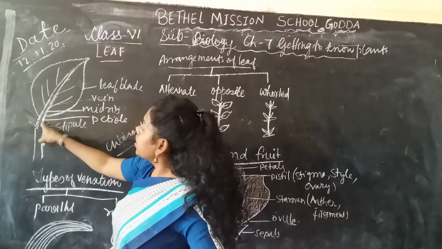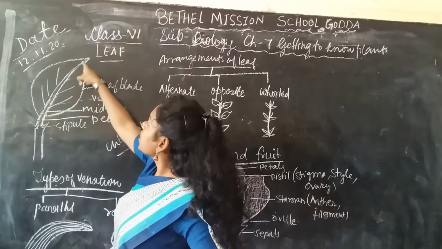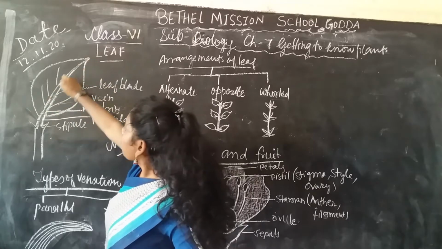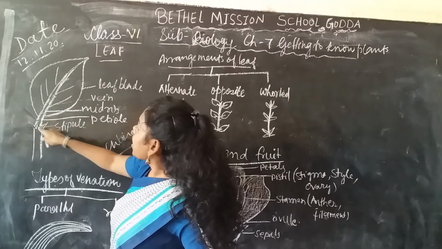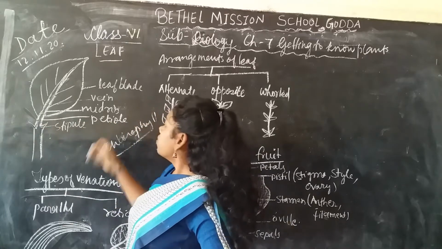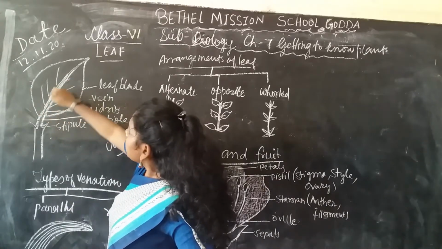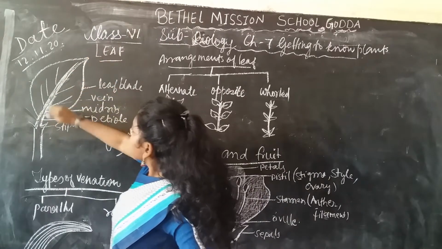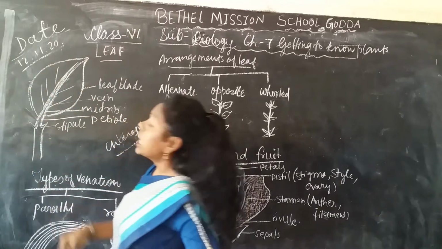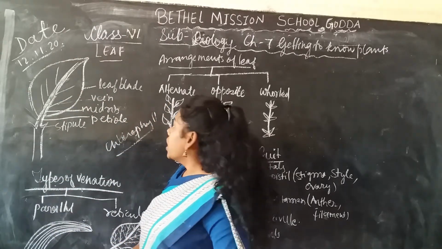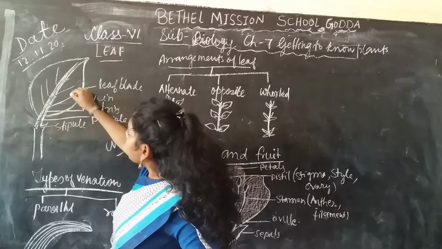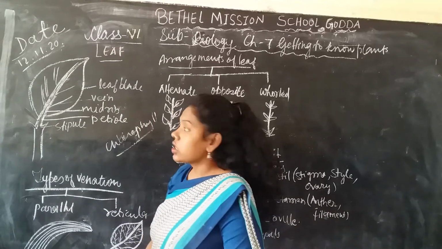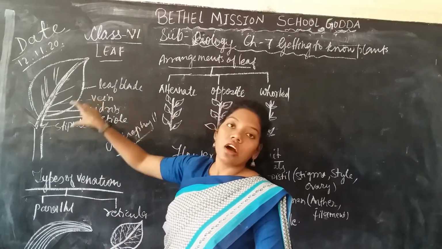is connected with the petiole, and the petiole continues till the tip of the leaf, where it becomes the midrib. This is called the midrib, and where the leaf and the node are connected, that is called the petiole. So the main middle vein which you see is called the midrib, and this broad blade-like shape at the end part is called the leaf blade or leaf lamina. And these ray-like or vein-like structures which you see are called the veins. So these are the structures of a leaf.